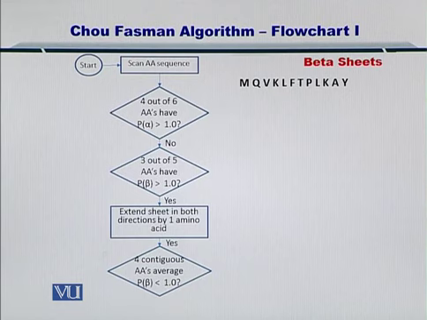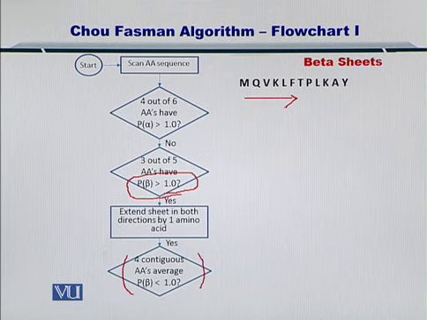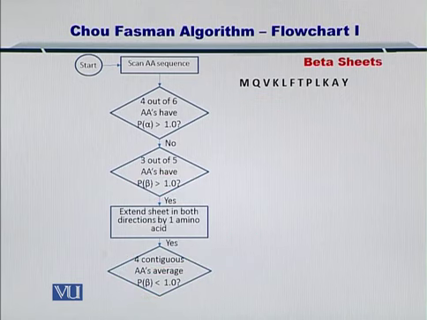Now if that is the case and you find more amino acids which have a propensity for forming a beta sheet greater than 1, you continue the formation of the beta sheet until you find 4 contiguous amino acids which have a propensity for forming beta sheets less than 1, that is 4 consecutive. Contiguous is very important here. It means consecutive. So 4 consecutive amino acids, if you encounter them, which have an average propensity for forming a beta sheet less than 1,